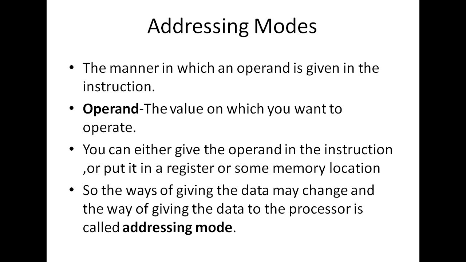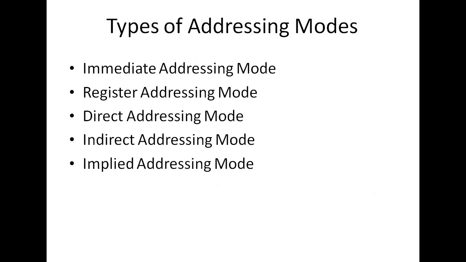One way is simply you put the data 25h in the instruction. Another way is you give the data in some register and tell the processor that it has to fetch the data from that register. There are 7 registers, right? So you can put the data in any of the registers and tell the processor to fetch the data from the register.